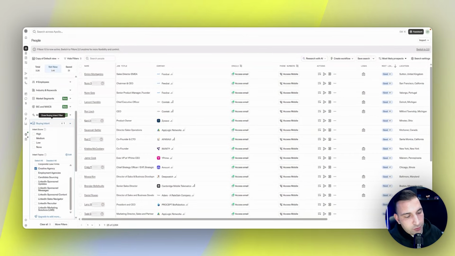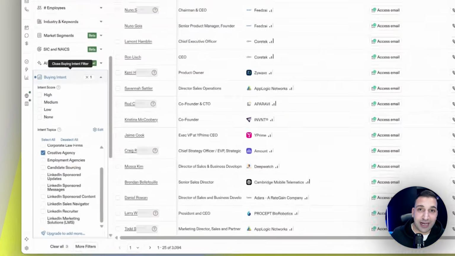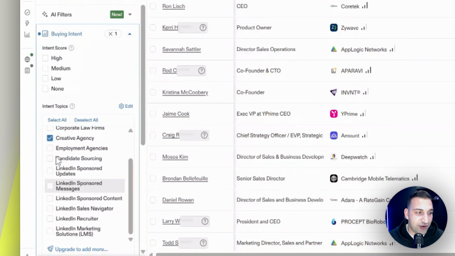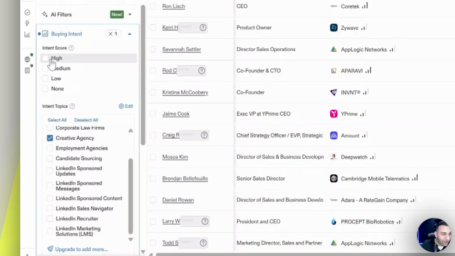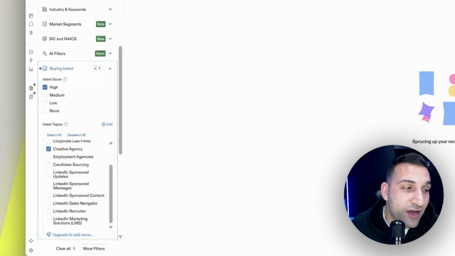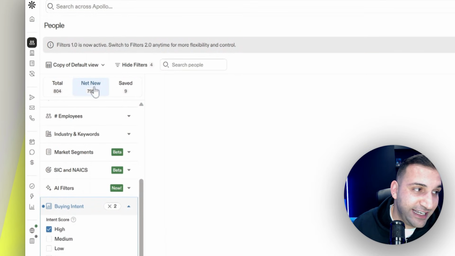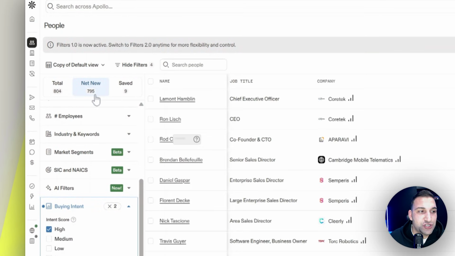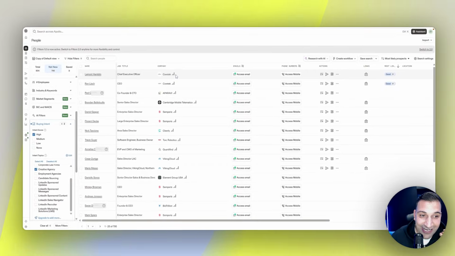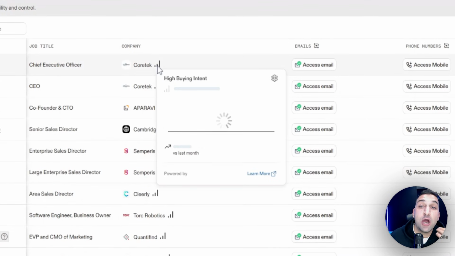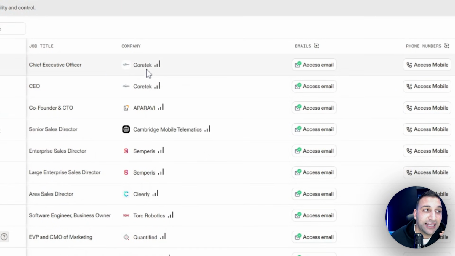One more example, you're a business searching for a creative agency to do your whole entire rebrand. You just select creative agency, you can select your buying intent to high, and from 222,000 leads, again, roughly around 795 individuals with an extremely high buying intent for creative agency that you can reach